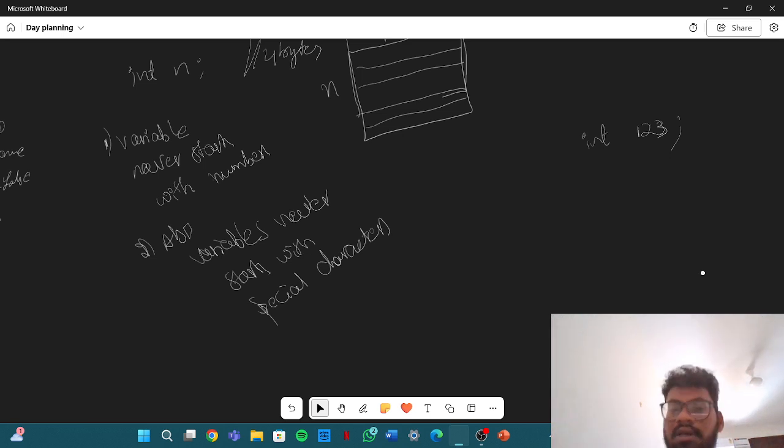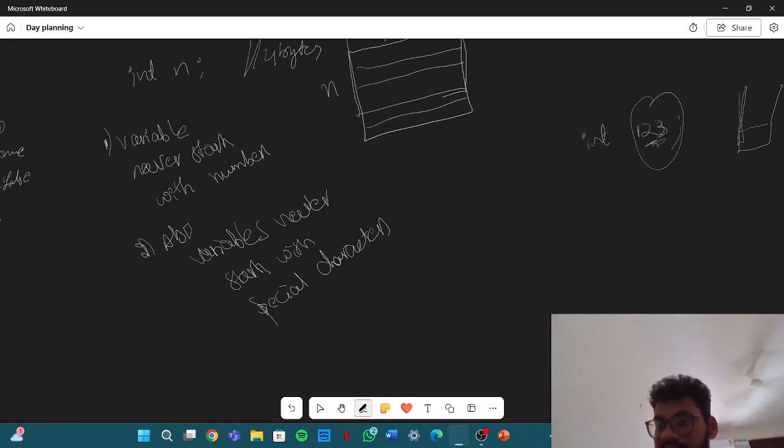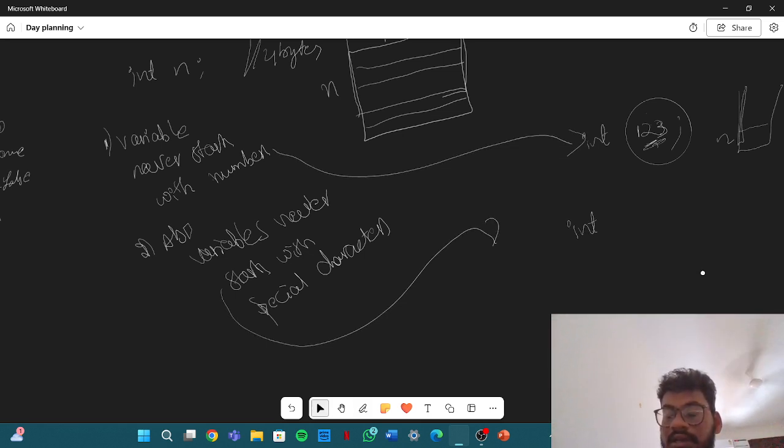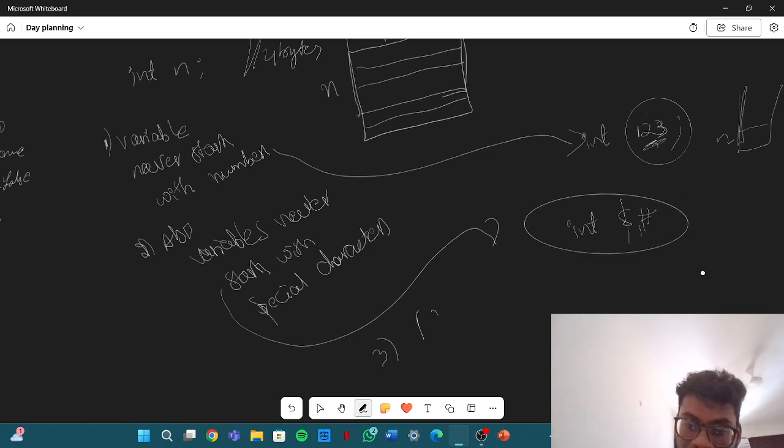because it's not a character, it's a number. As we know, compilers take these numbers as a specific value. It cannot allocate an address location with this number. So that's why we don't start variable names with numbers. That is the main point of this line. And special character means we cannot declare variables using a dollar sign or hash with this. Also, variable name